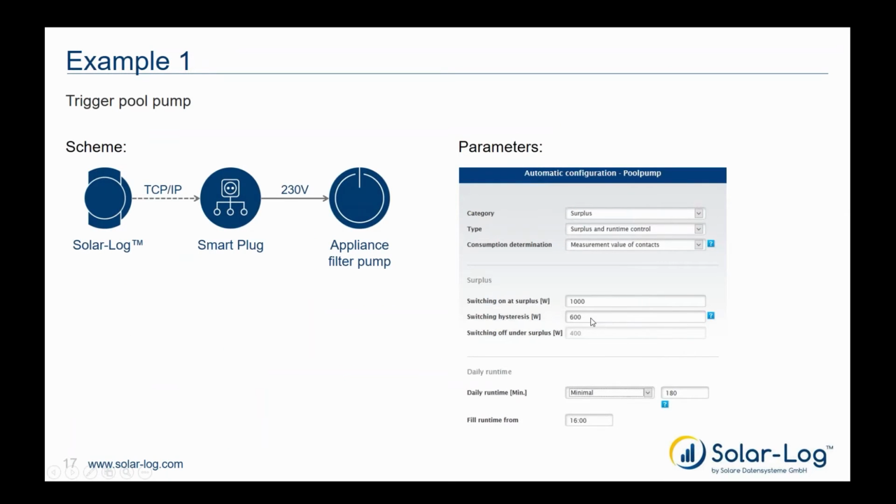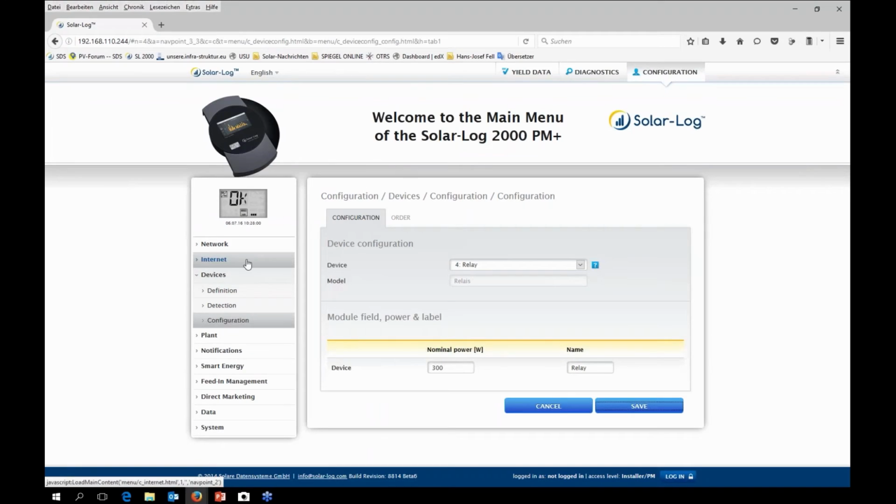So the first example I'm going to show you is a trigger for a pool pump. You see the scheme. We have the solar lock, we have a smart plug, and we have an appliance, which is the filter pump. But we can also use, for example, the smart relay station to turn this device on and off. Okay, we're going to jump to the logger firmware,